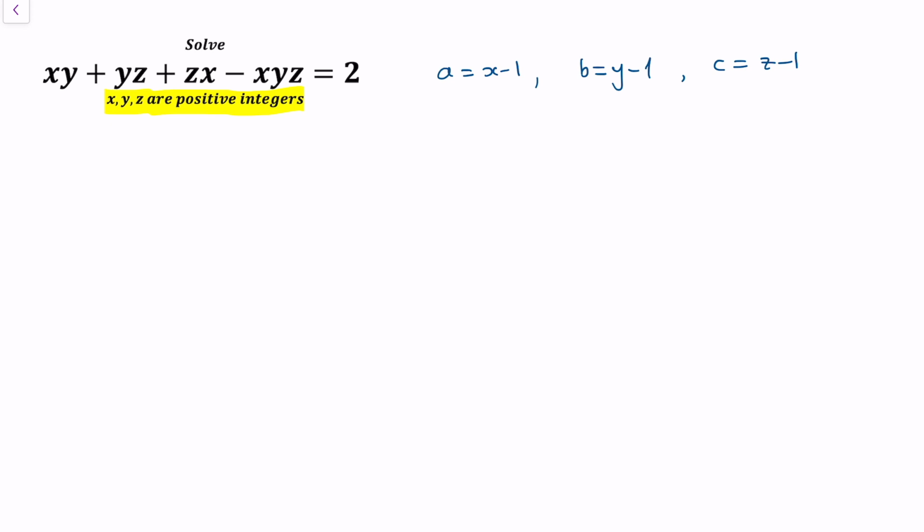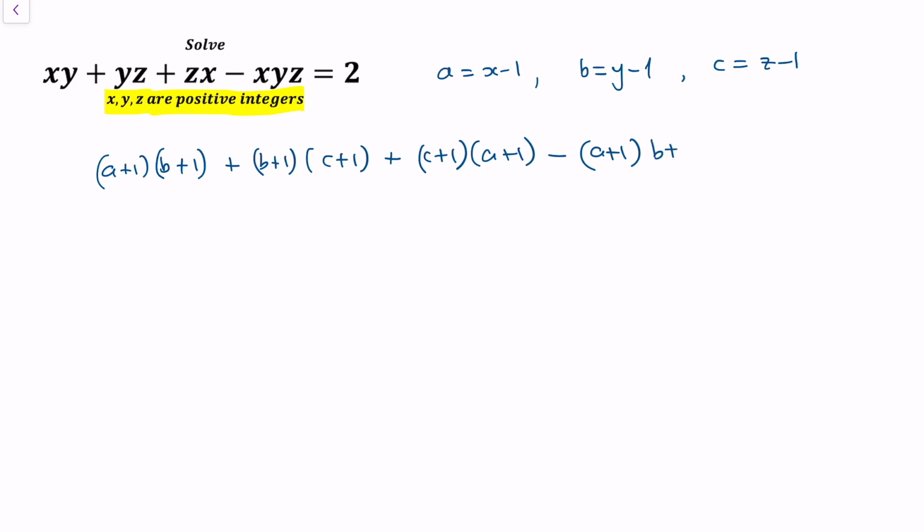We will have, instead of xy, (a plus 1)(b plus 1), plus (b plus 1)(c plus 1), plus (c plus 1)(a plus 1), minus (a plus 1)(b plus 1)(c plus 1), and that's equal to 2, right? Okay, so it's very easy to make a mistake, so let's go step by step. First of all, let's expand that. We will have ab plus a plus b plus 1,